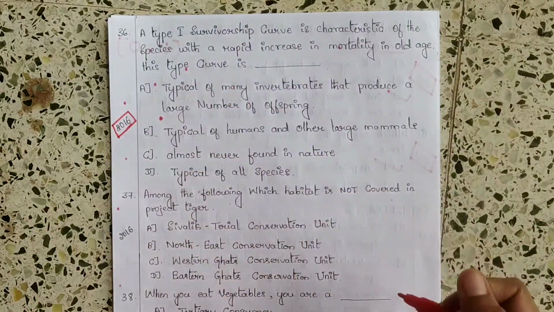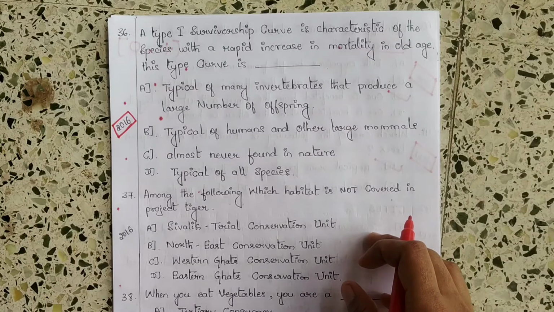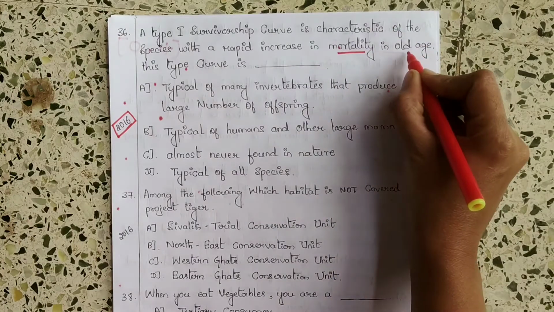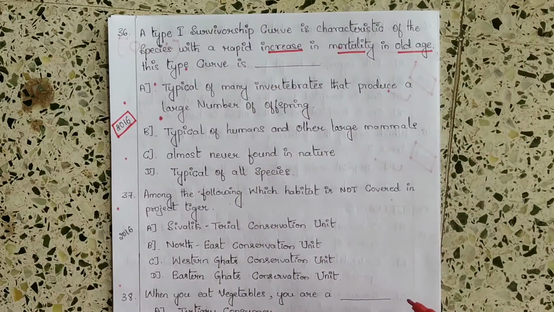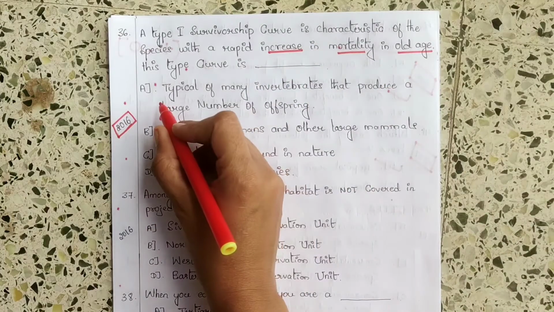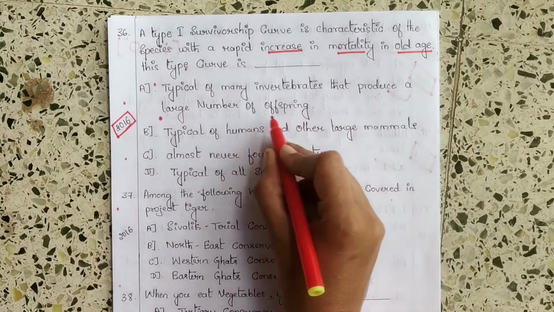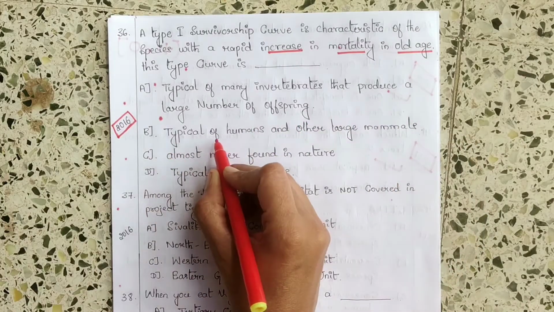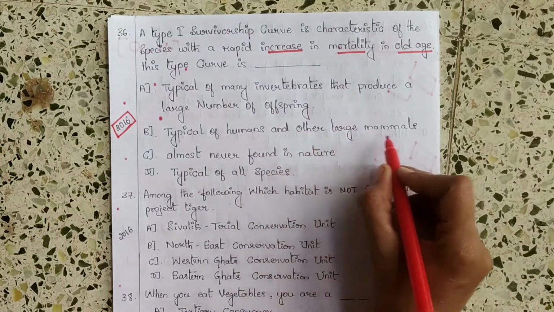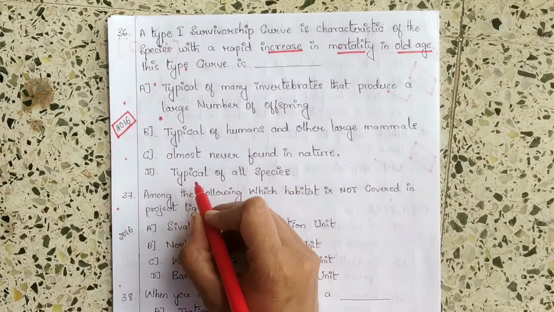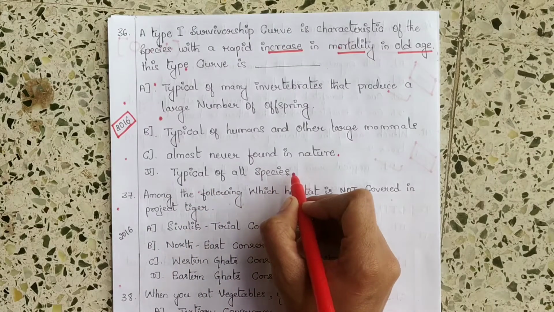The question is like this: a type 1 survivorship curve is characteristic of the species with a rapid increase in mortality in old age. This type is dash. Option A, typical of many invertebrates that produce a large number of offspring. Option B, typical of humans and other large mammals. Option C, almost never found in nature. Option D, typical of all species. So before that,